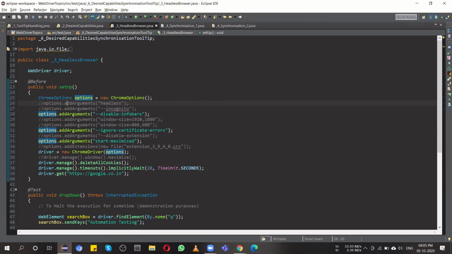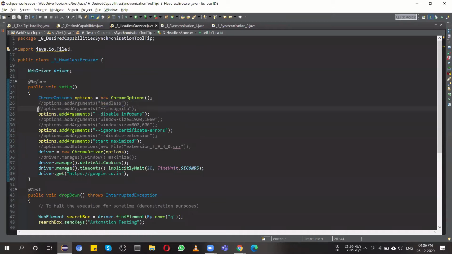You are not able to see a browser get started, then opened, then maximized, then opening some URL, doing those particular actions, or selecting some values from a dropdown, filling up some forms, doing the testing. So headless mode is really useful whenever you have only one machine with you, and you have to work over there, and simultaneously in parallel you have to execute your script.